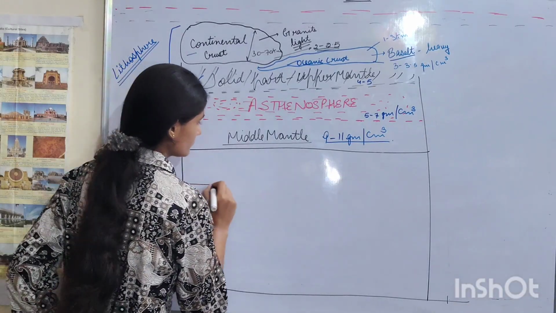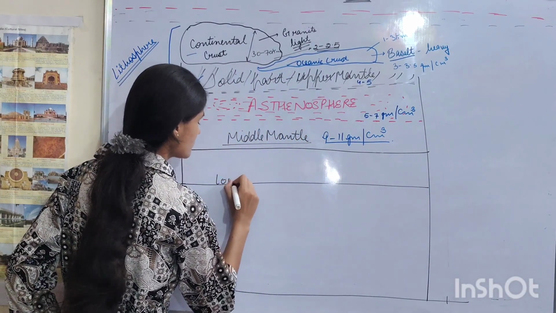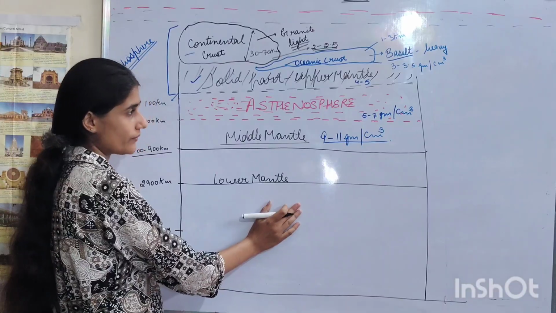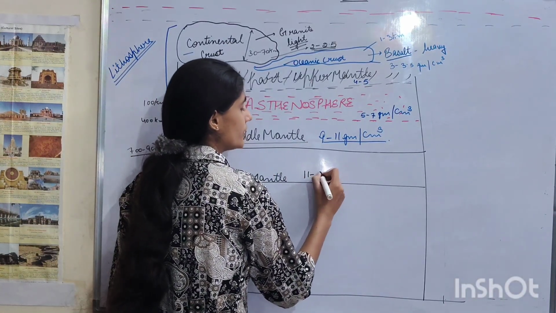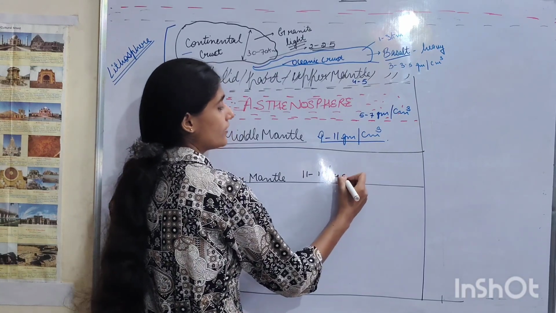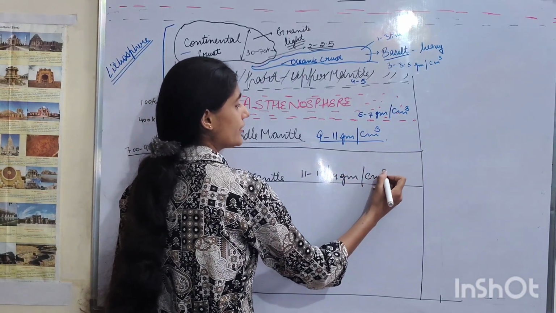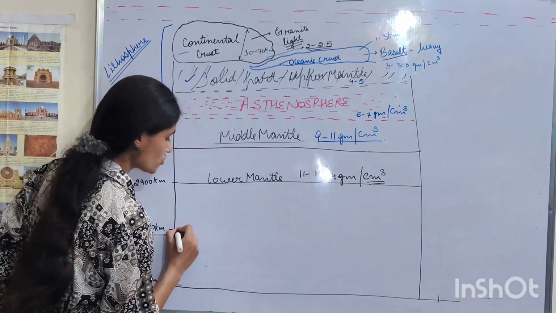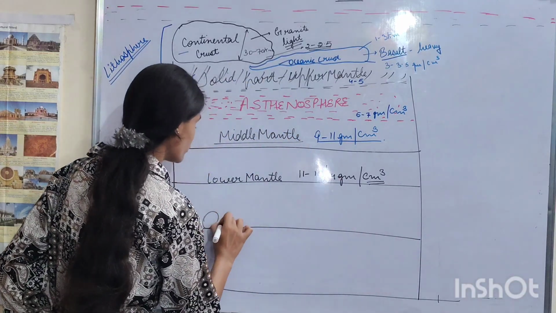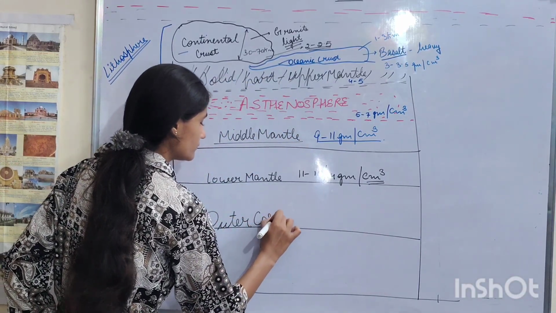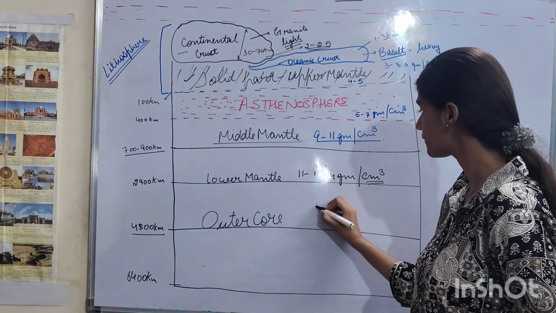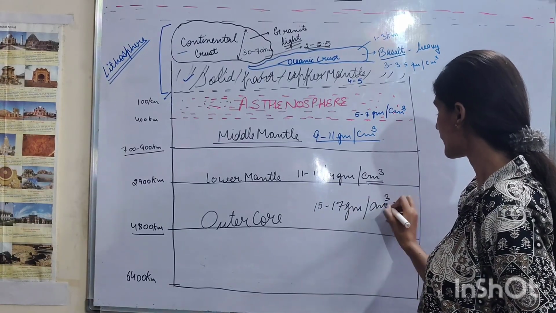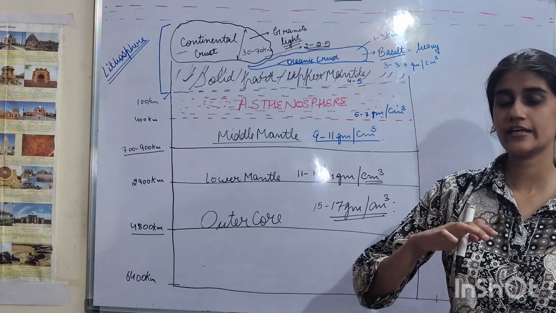Next we have lower mantle. It is in solid form and has the density of 11 to 13, or also you can say 14 gram per centimeter cube. Next, at the depth of 4800 kilometers, we have outer core. Its density varies from 15 to 17 gram per centimeter cube, and its property is that it is in semi-liquid